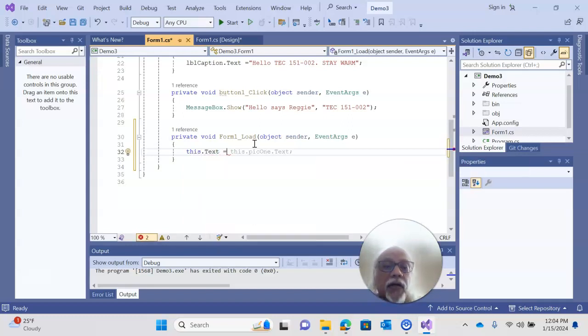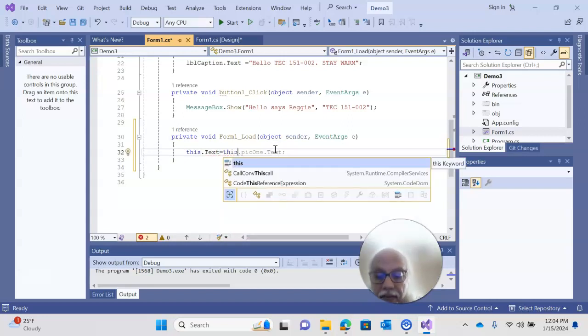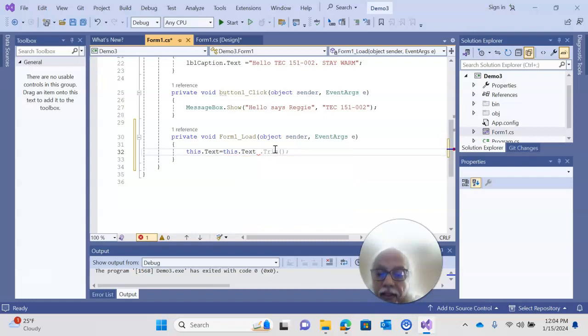This is the only way we can refer to the form, whereas with the other controls we have the control name, then the dot, then the property. When we refer to a form, we say this, because this is the only way we can refer to the form's properties. I will say this.Text equals this.Text, then tab,